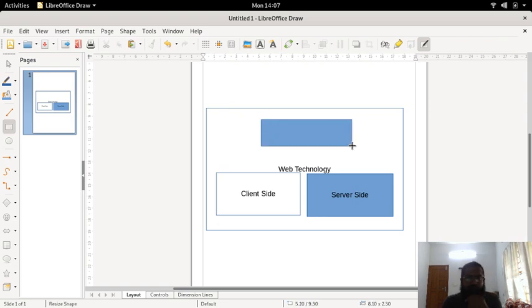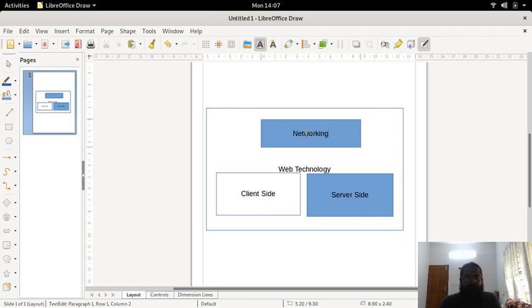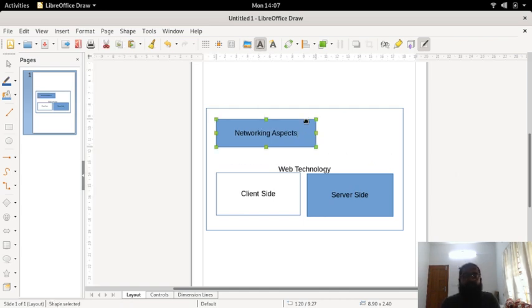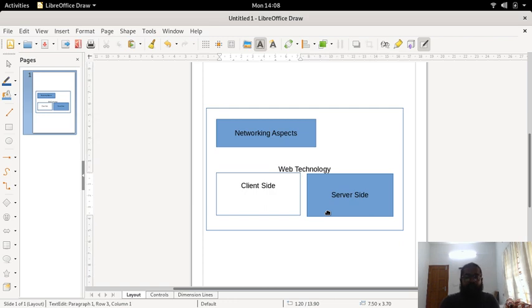So it will contain the networking aspects as well. Then you can look at it from different aspects, like designing the UI part. Those all fall in the client side part.